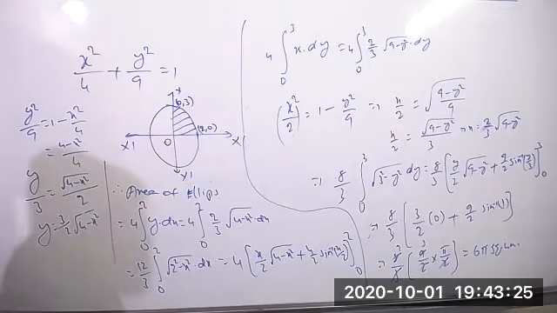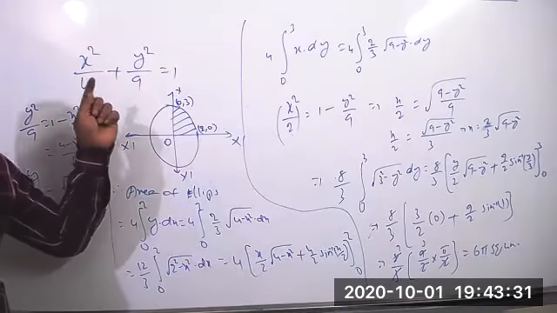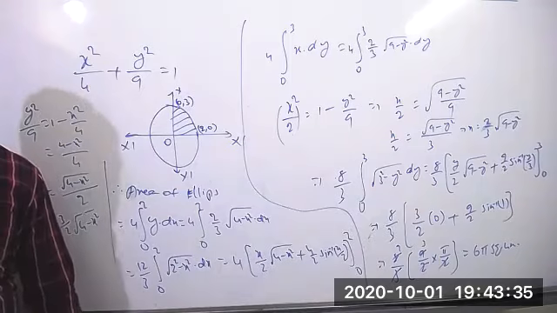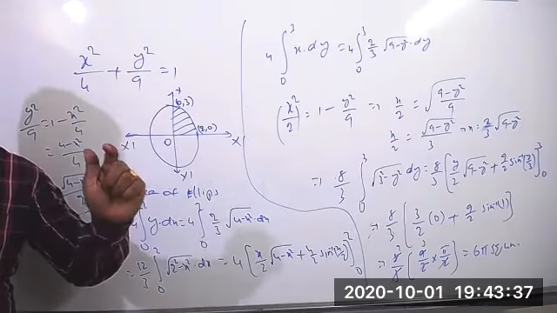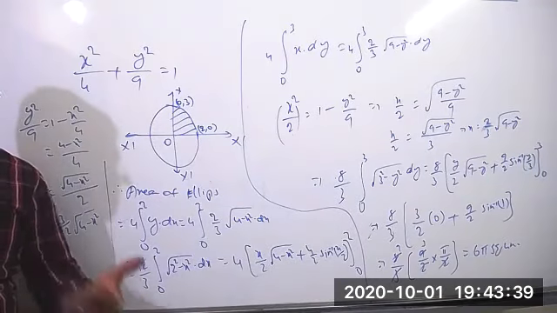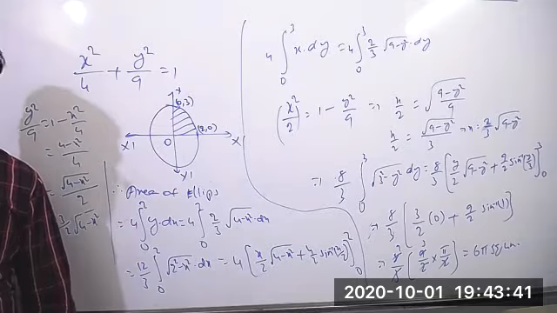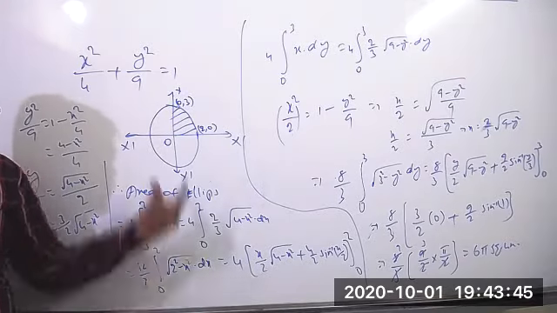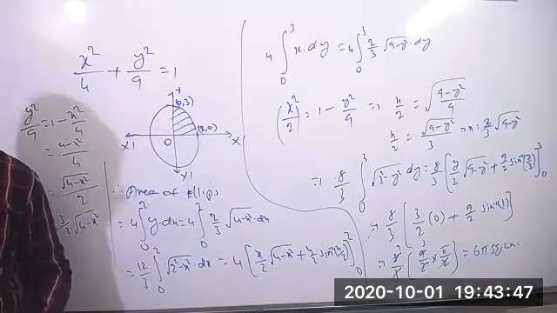We'll get the answer, but these will take more time. These are 3 marks questions, sir. This is 3 marks, but previously I gave: find the area of the ellipse and hence find the value. The same way, you find the area of the circle and hence find the area of the other equation. That kind of question they'll ask as essay questions, and this kind of small question they'll ask for 3 marks.